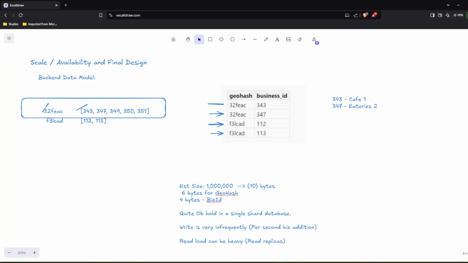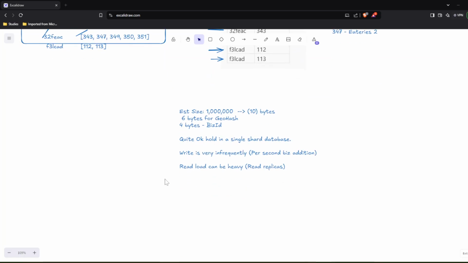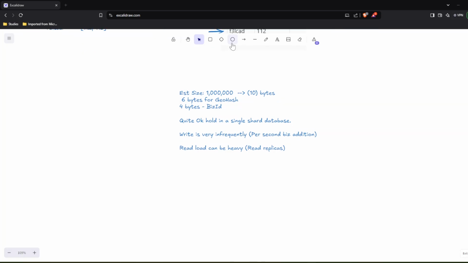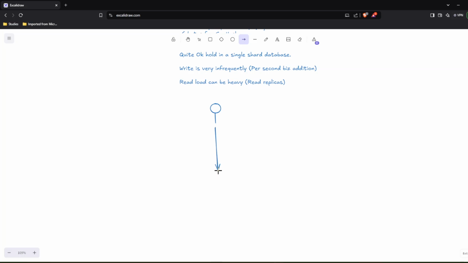So let's try to formalize this into our database, how this database would look like. Suppose there is a given user, a basic user standing over here. This user will be hitting our database. But instead of directly hitting the database, what we primarily have to do is